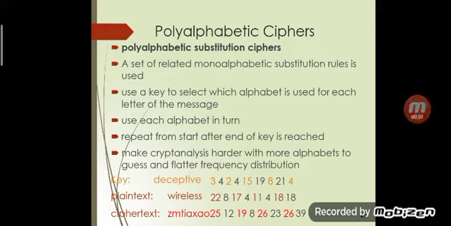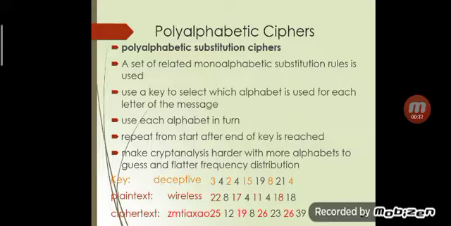Hello everyone. Now we have to study the various algorithms in substitution cipher techniques. In the earlier part we studied three algorithms: the Caesar cipher, monoalphabetic cipher and Playfair cipher. Now we have to study the polyalphabetic cipher, how it can be designed and how it converts plain text into cipher text.